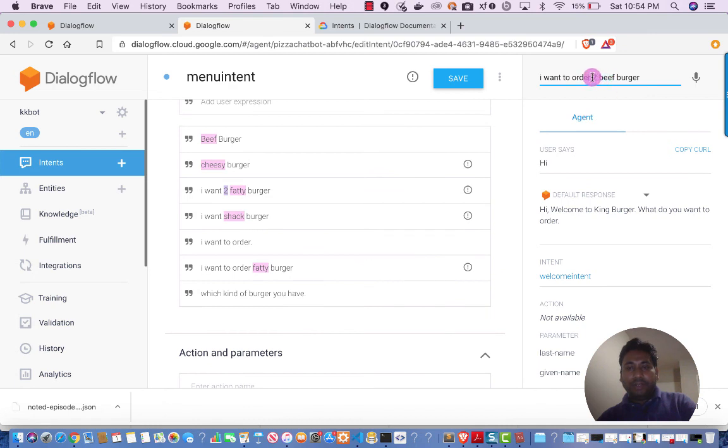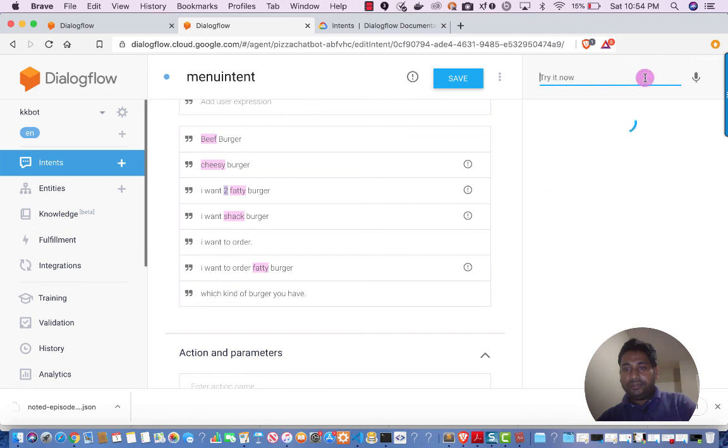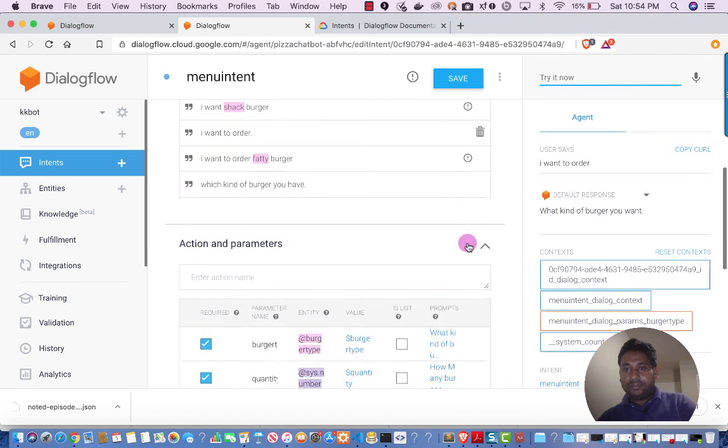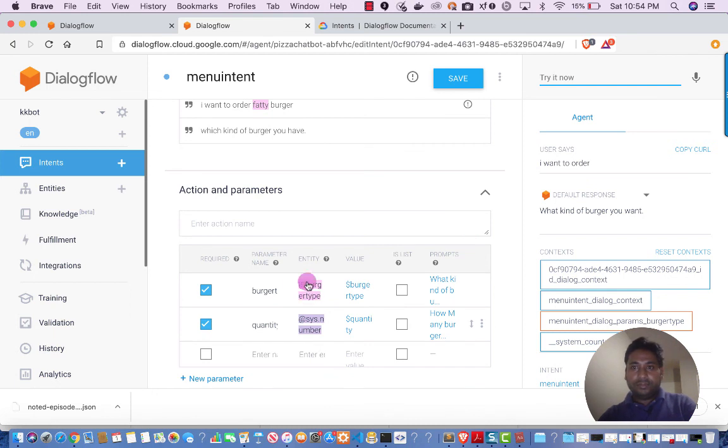So I can give 10 burgers or whatever. Once I give that, for this particular intent, these were two required parameters, and we are able to get those parameters.